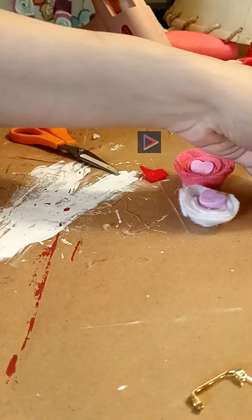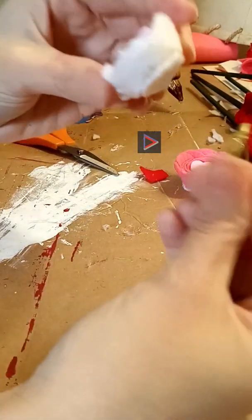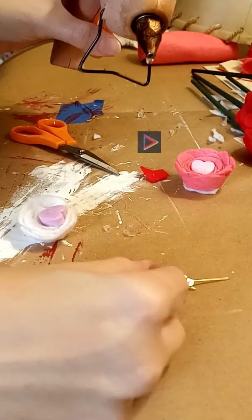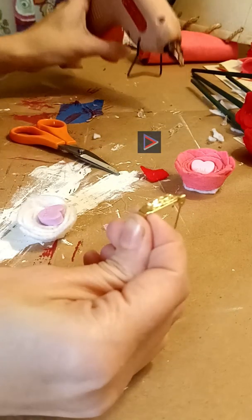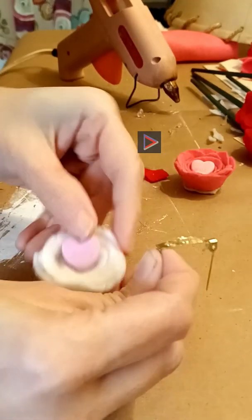So that's one. I think I'm going to put the white one on the pin, and then I'm just going to leave it open. Put a little glue on there. And then attach the...